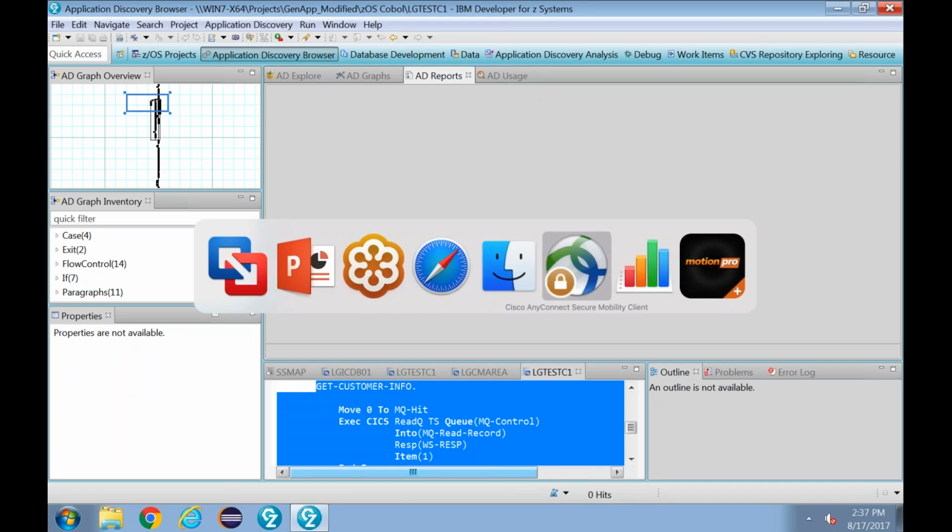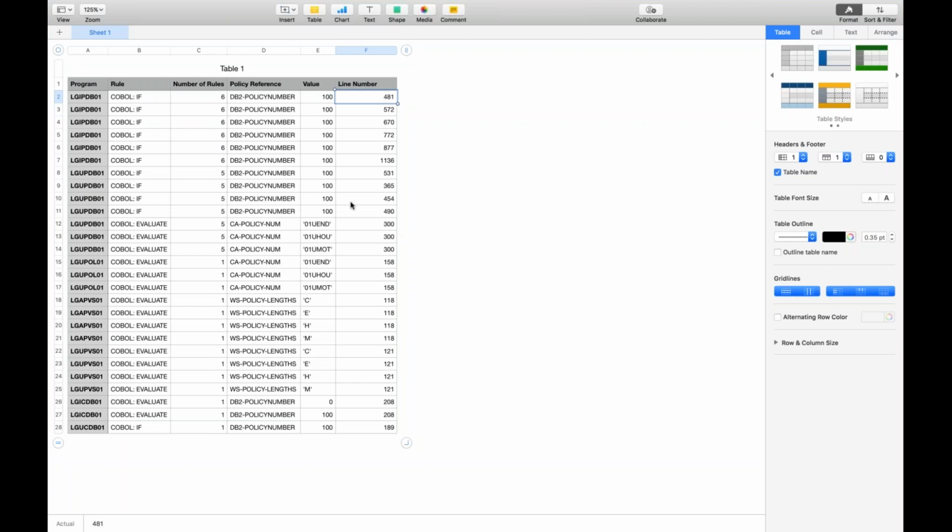So a sample of what these reports look like is here. I'll just give it a minute. What you see on the screen is a report of programs with the number of rules on policy. If you look at this program LGIPDB, that has the maximum number of rules on policy, and you have the list of the different kinds of policy variables that are available. Like this, you can write custom queries to suit your application to pick out candidates that can be exposed as an API.